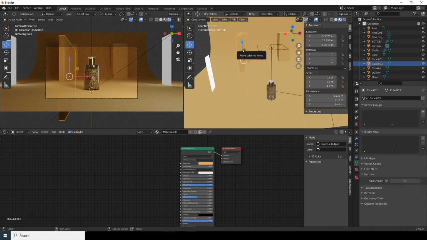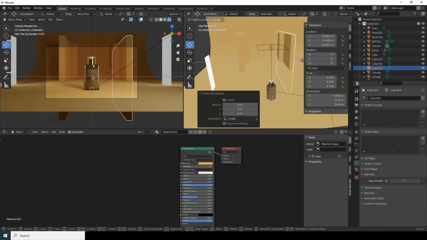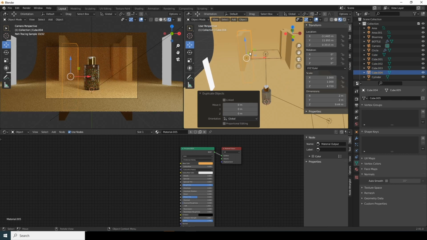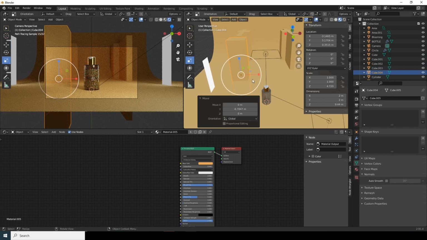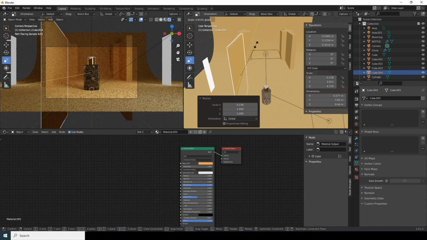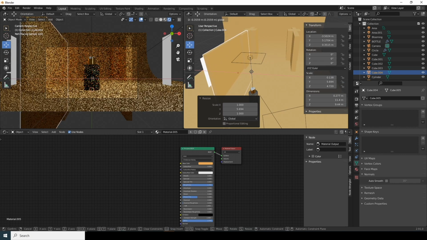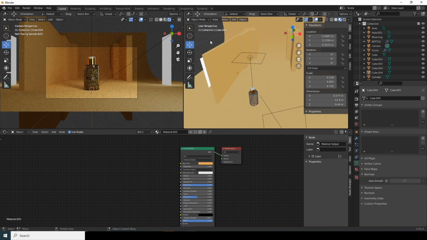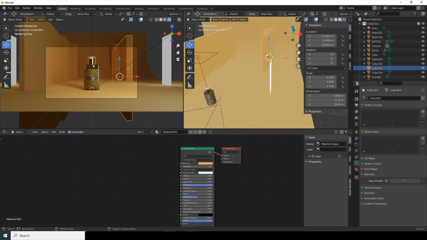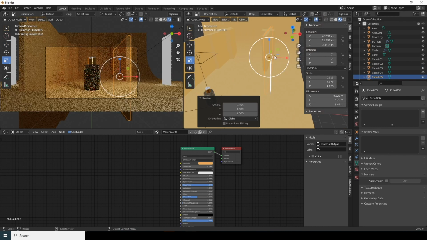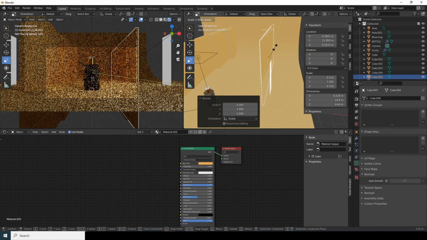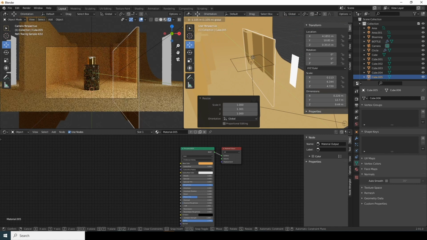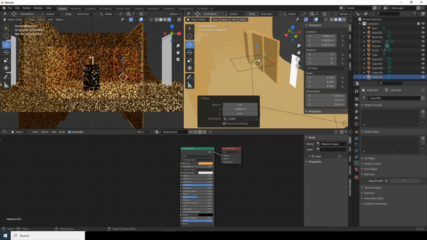and same thing, Shift D, let's make a copy, let's move it right over here, and let's make another copy, Shift D, and Shift D, let's make one more copy, let's scale it, but I don't want to block this light, so make sure that I'm not blocking this light, so let's keep it right over here,